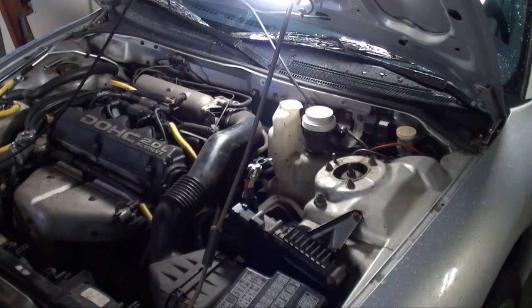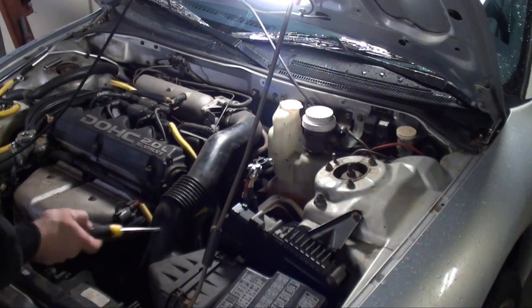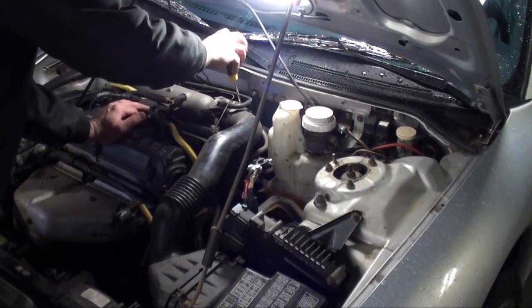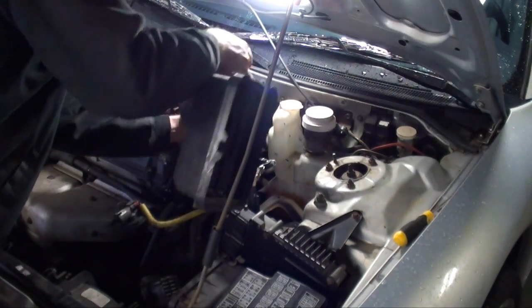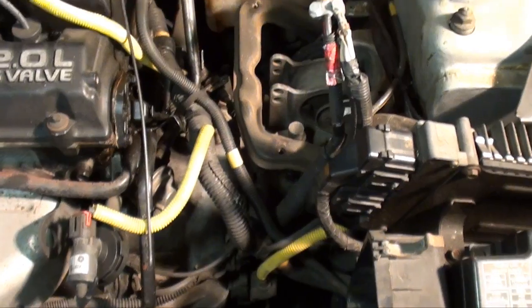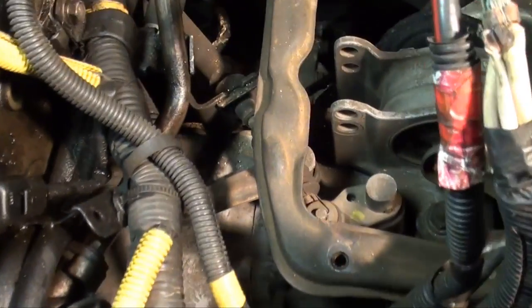Alright, on this side of the air cleaner, just unclip the clips. There's two on the top, two on the bottom. I believe that's it. You got a hose clamp. Just move that out of the way. Okay, now that you have the battery tray and the air cleaner out of your way and the intake hose,